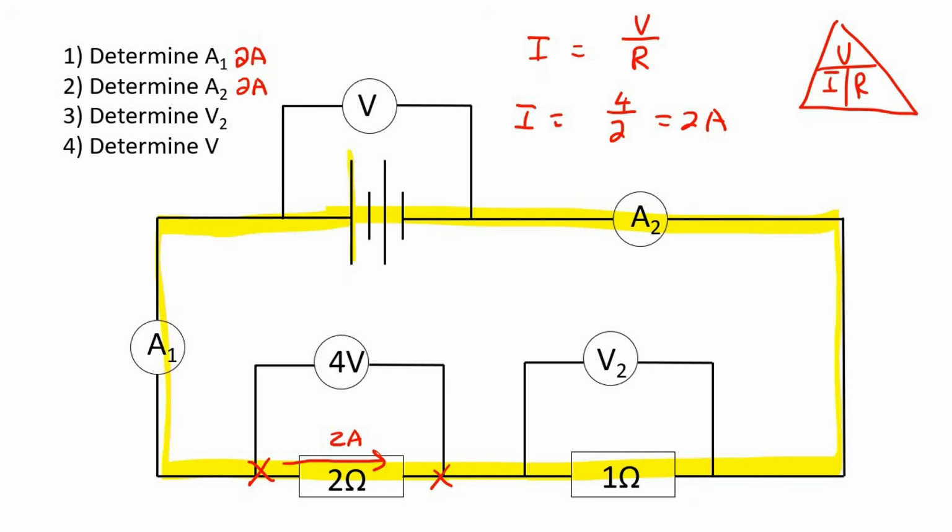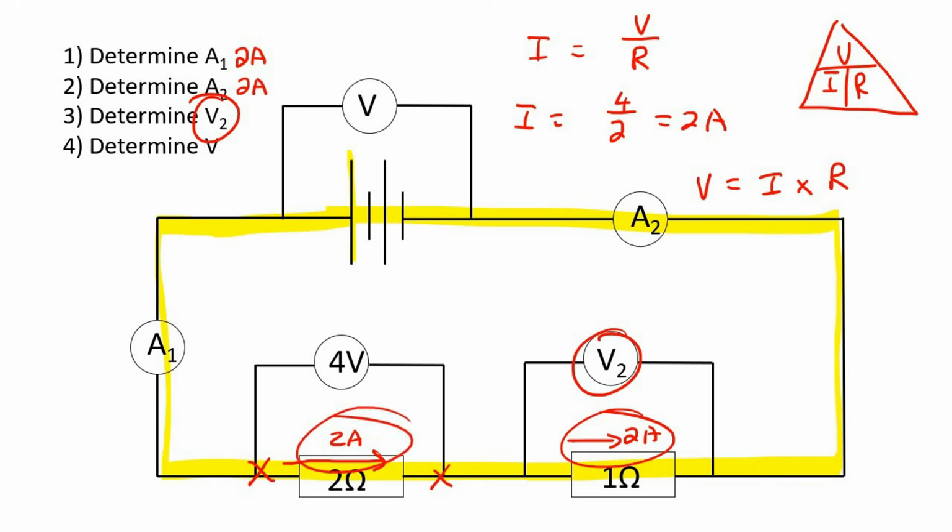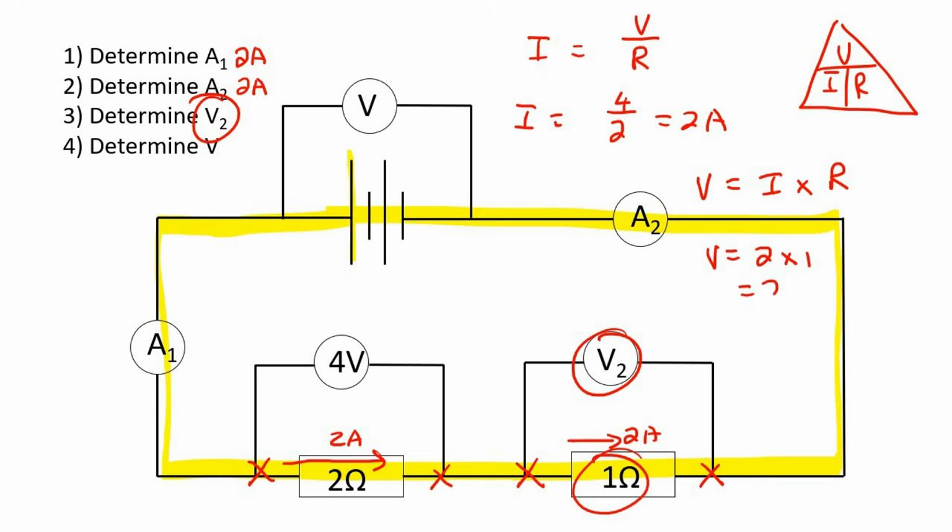The next question says calculate V2, which is over here. So to calculate voltage, you need to say current multiplied by resistance. Now we know the current because current stays the same everywhere. And so we also know the resistance that is connected to that voltmeter. And so we can just say 2 multiplied by 1, and that's going to give you 2 volts. Okay, so we can say 2 volts. The last one for this particular question says determine